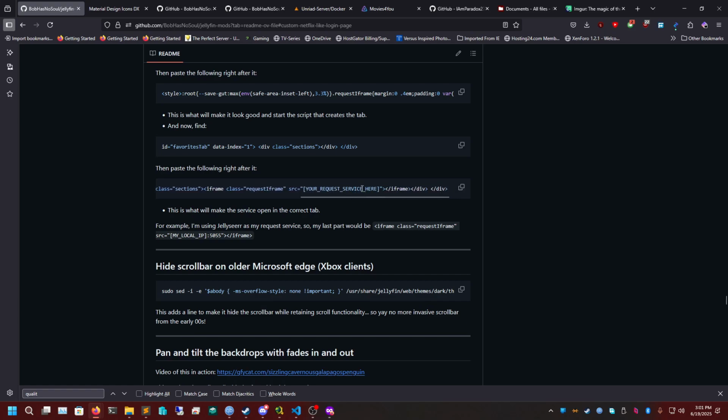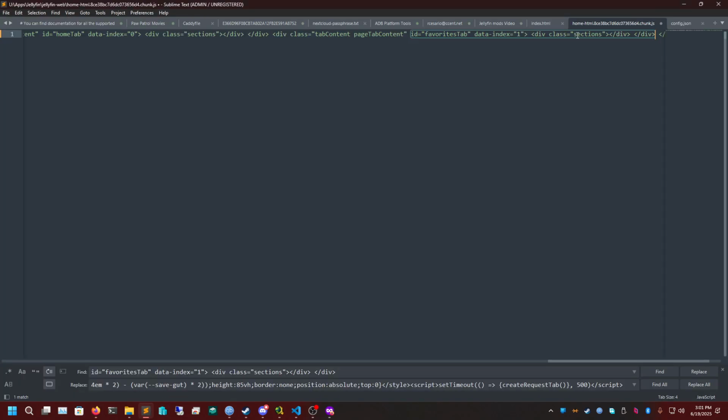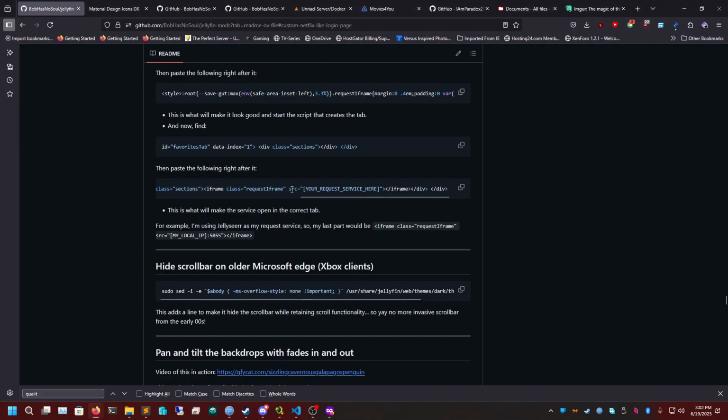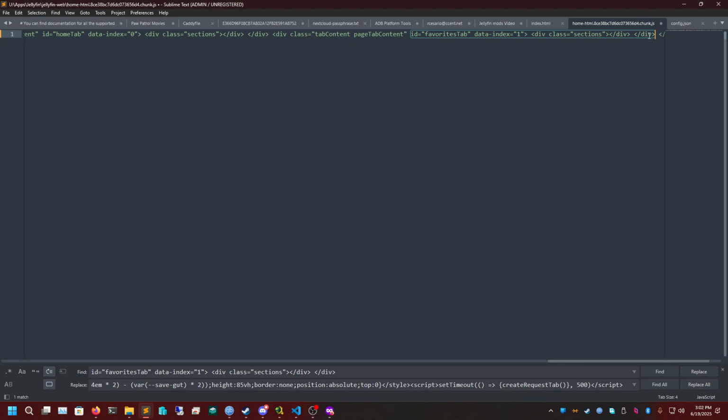So we're going to add our requesting website. So let's say, I'll show you for an example. Make sure that's correct. Yeah. So we're going to paste it right after the div. And we're going to go back, and where it says your service request here, you can do one of two things. If you have a reverse proxy to it, you'll do https://